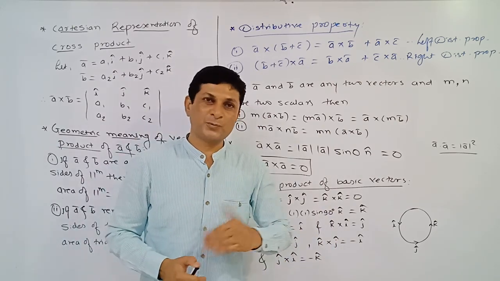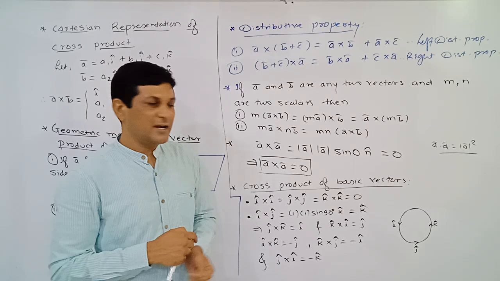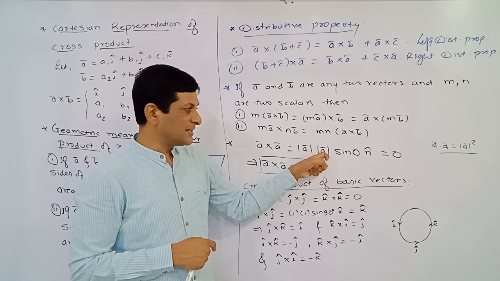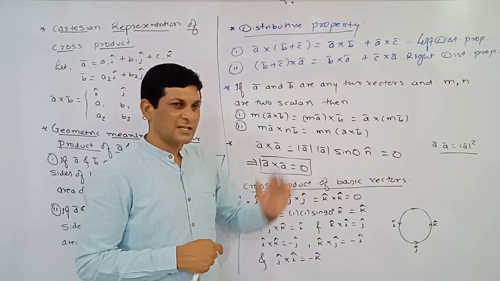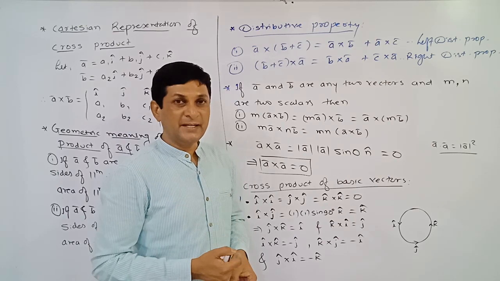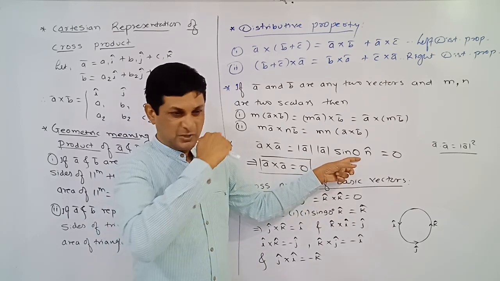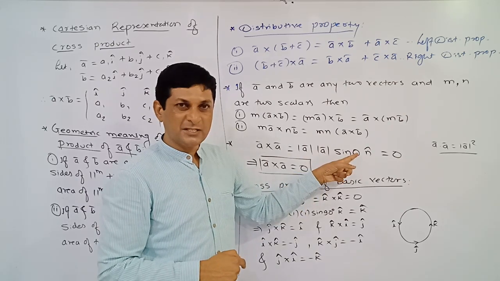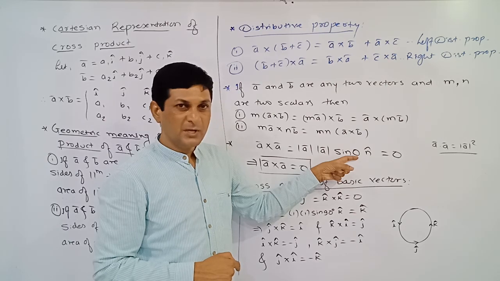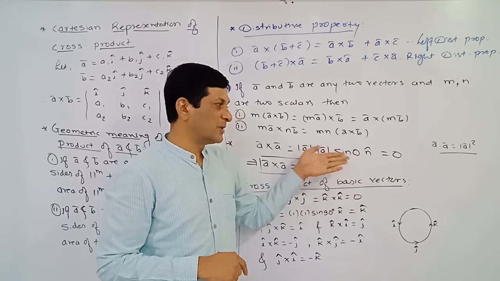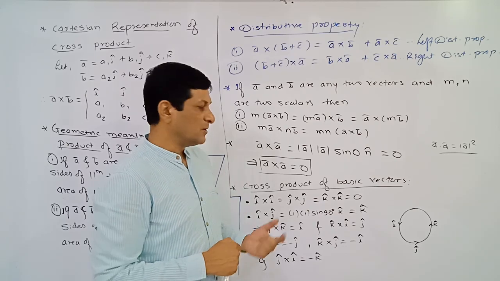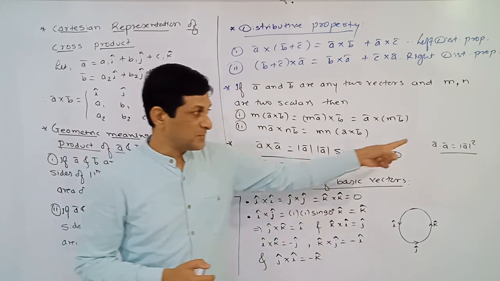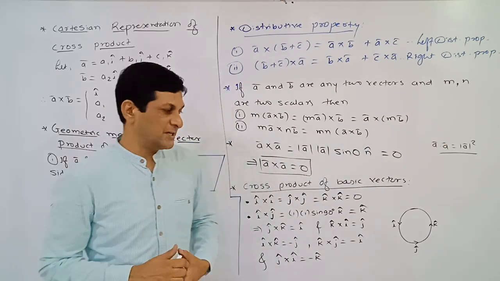Now we are discussing the cross product of the same vector using the definition. Our definition says that the first term is the magnitude of the first vector. Here we have written the magnitude of the first vector. The second term should be the magnitude of the second vector. The second vector is also a bar, into sine theta. Theta is the angle between a bar and b bar, but we know that a bar makes angle 0 with a bar. So here we have substituted theta equal to 0, but we know that sine 0 is equal to 0 and 0 into any term will be equal to 0. Means here the whole value will become 0. That's why we can say that the cross product of the same vector will be equal to 0, and the dot product of the same vector is equal to the square of its magnitude.